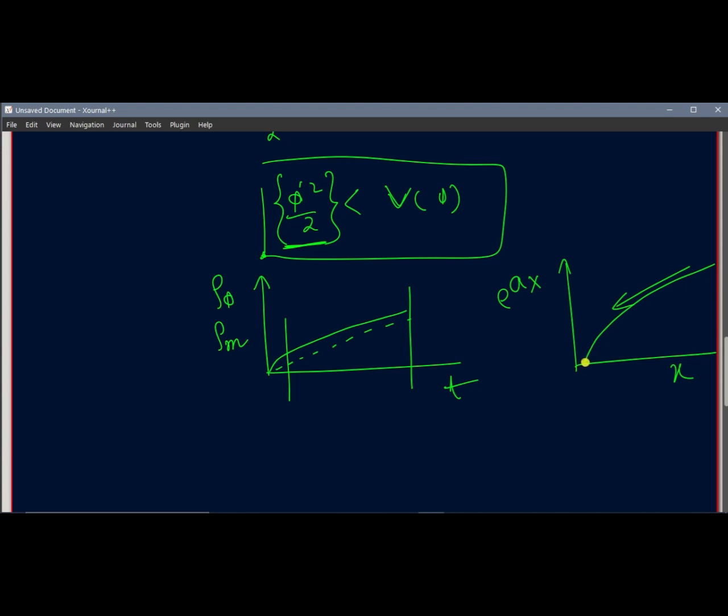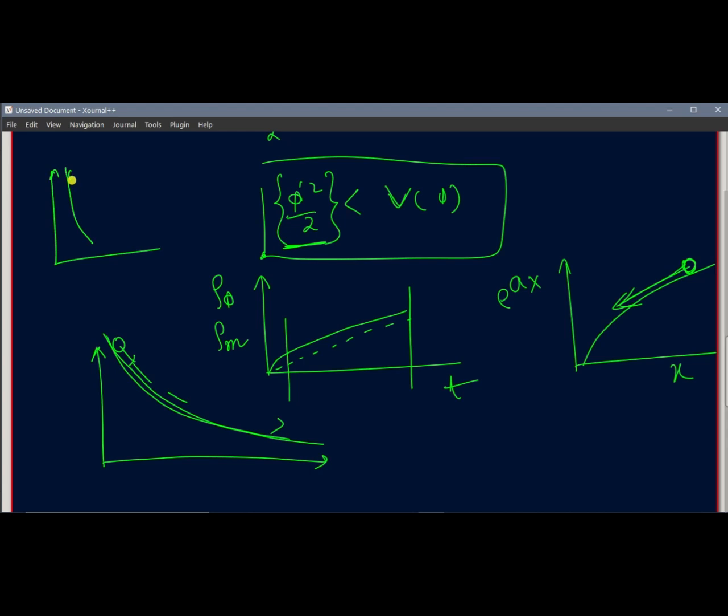Or suppose we have a different kind of potential. If you put any kind of ball there, it will simply roll down. So suppose we construct a different kind of potential like this one, and you take the ball, it will again come down. So any choice of the field or the potential must be such that it should not be too steep, like this one. It will not work, because any field will simply roll down, and we have already seen that the potential is very important.